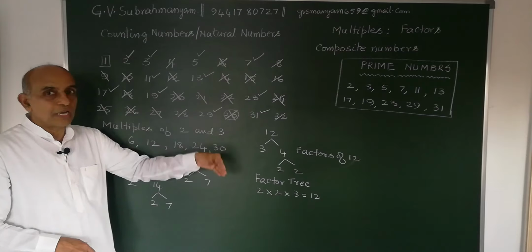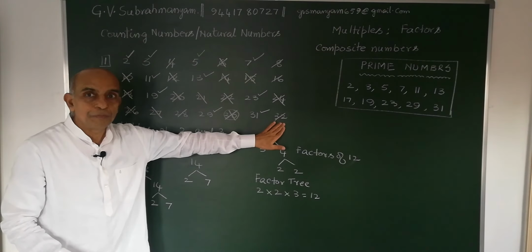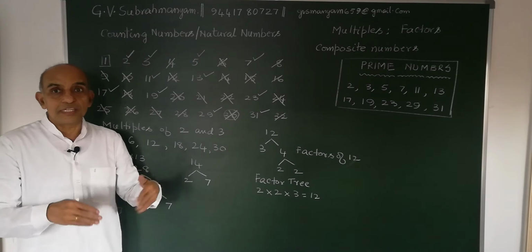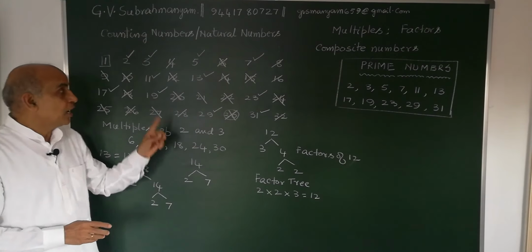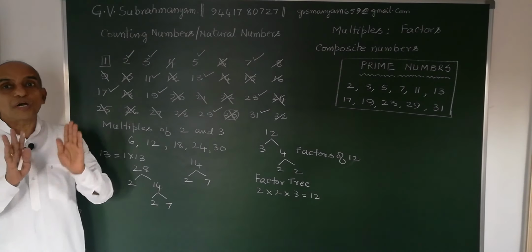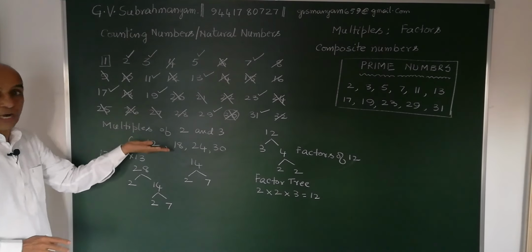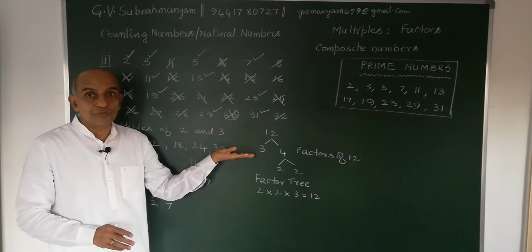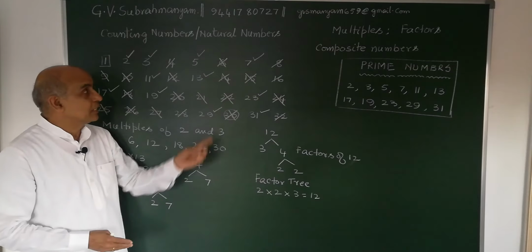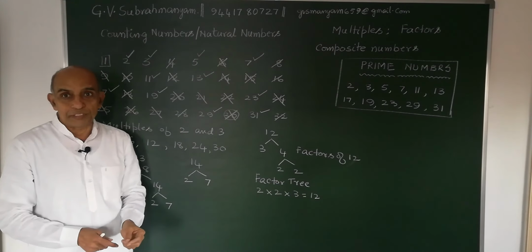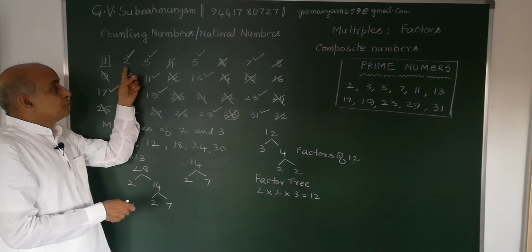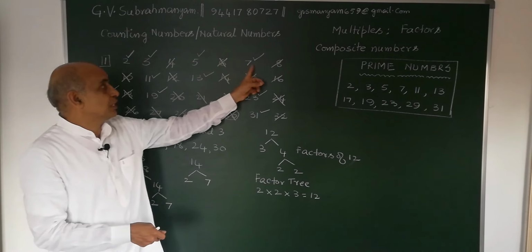You can take some more numbers. I have taken up to 32. Like that, if you are interested, you see this video again and again and understand how to locate the prime numbers. In this entire exercise, what we did was find the composite numbers and the multiples, and the remaining numbers after filtering out all these composite numbers are the prime numbers. It is like filtering. Okay.